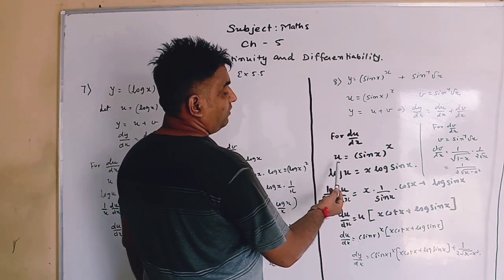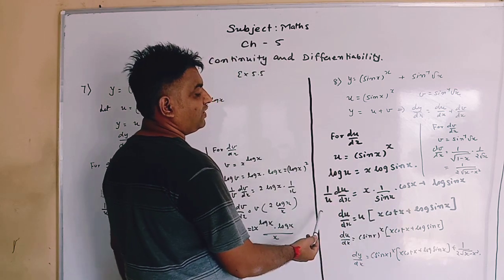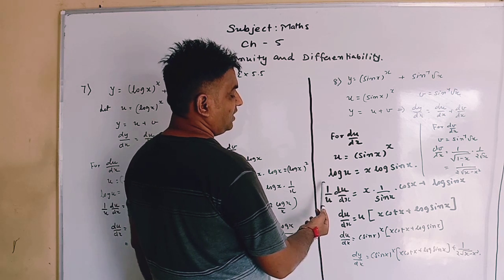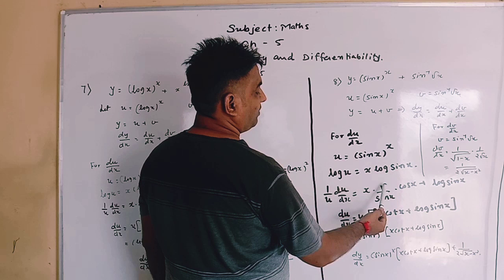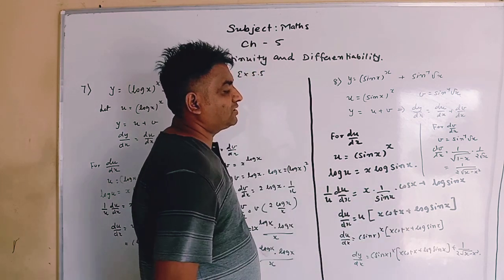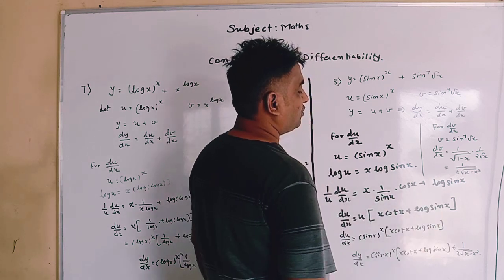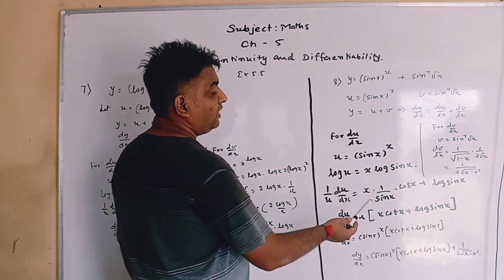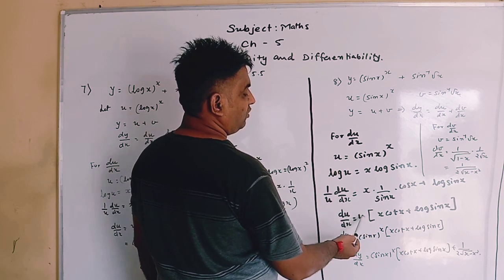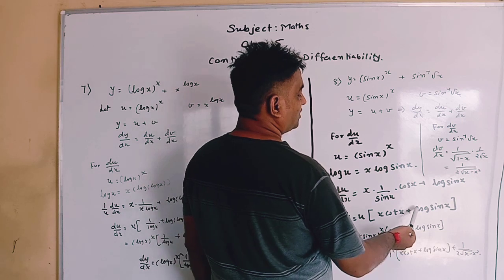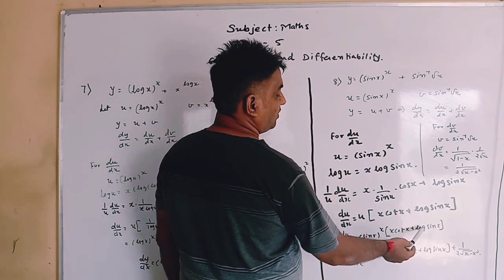So we apply the log, then log u equals x log sin x, and so we take the differentiation with respect to x, and 1 by u du by dx, x as it is, log sin x differentiation 1 by sin x and sin x differentiation cos x, plus x log sin x as it is, x differentiation 1, so it is log sin x. Now here cos x by sin x is cot x, so u into x cot x plus log sin x, and so we substitute the u value, sin x raised to x, x cot x plus log sin x.